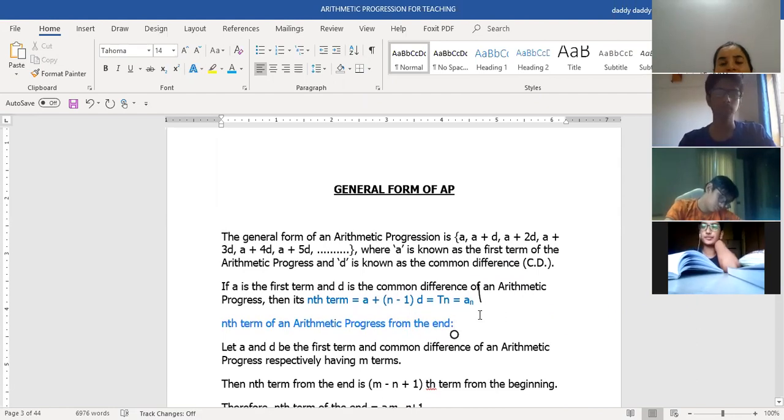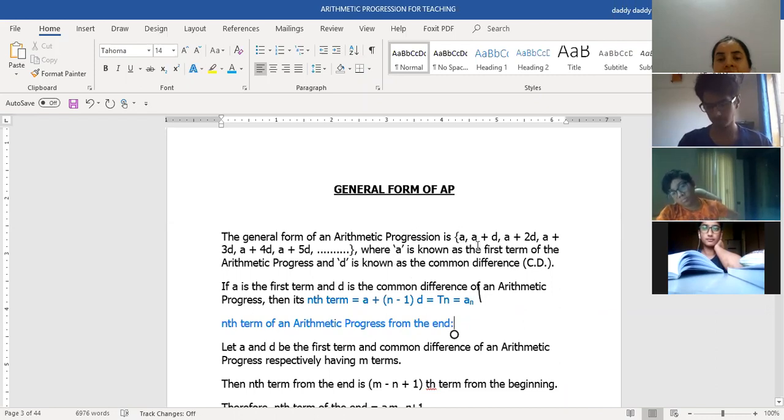Now this is very simple. I gave you some series as, let's say, 50 terms. I wanted to calculate the 35th term. Sometimes they ask you what is the 15th term from the last. So the 15th term from the starting and the 15th term from the last will be two different terms. They will not be the same, because then you start counting your positions from the end.